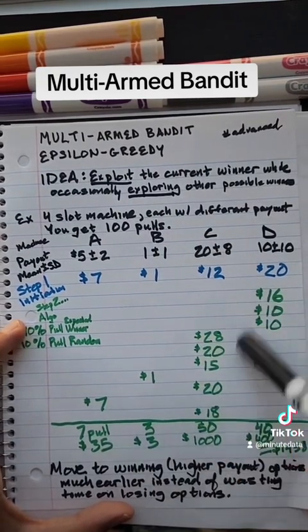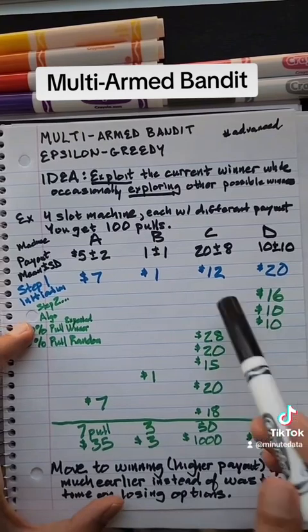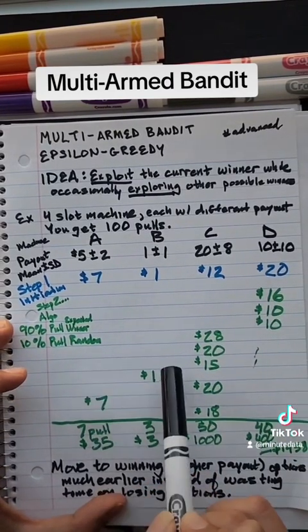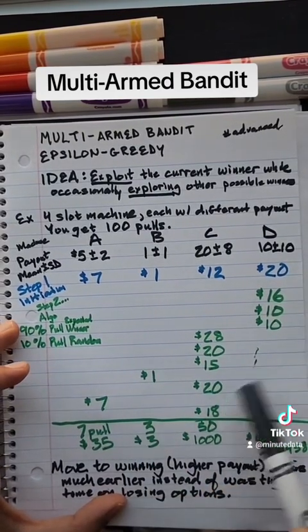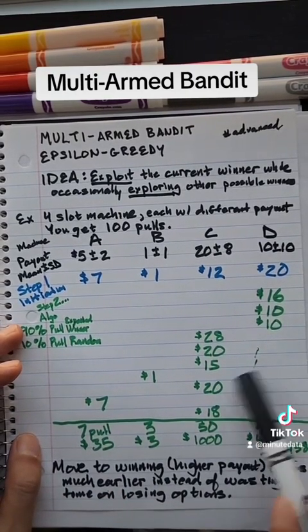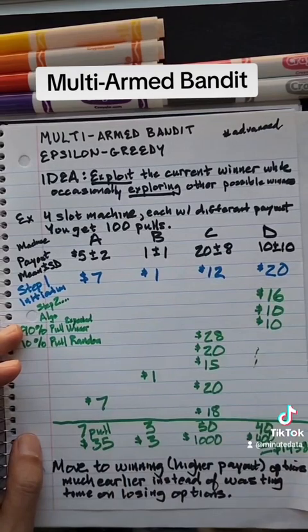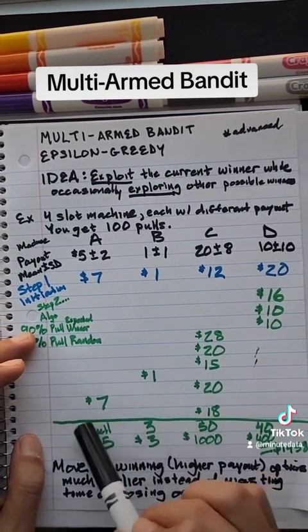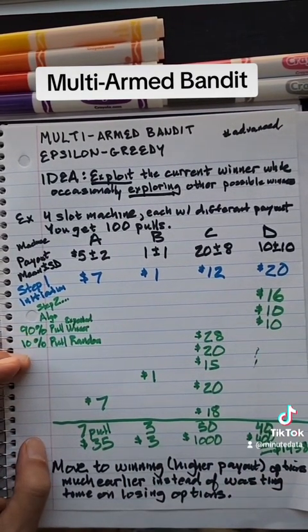Whereas in this multi-armed bandit option, we quickly check B during our explore 10% of the time. We notice, hey, payout isn't that great. Let's go back to the winning options, which is C or D. Hence, we tend to move to these winning options much earlier, and we spend more of our pulls or more of our resources on these versus wasting too much time on these losing options. And that's a quick intro to multi-arm